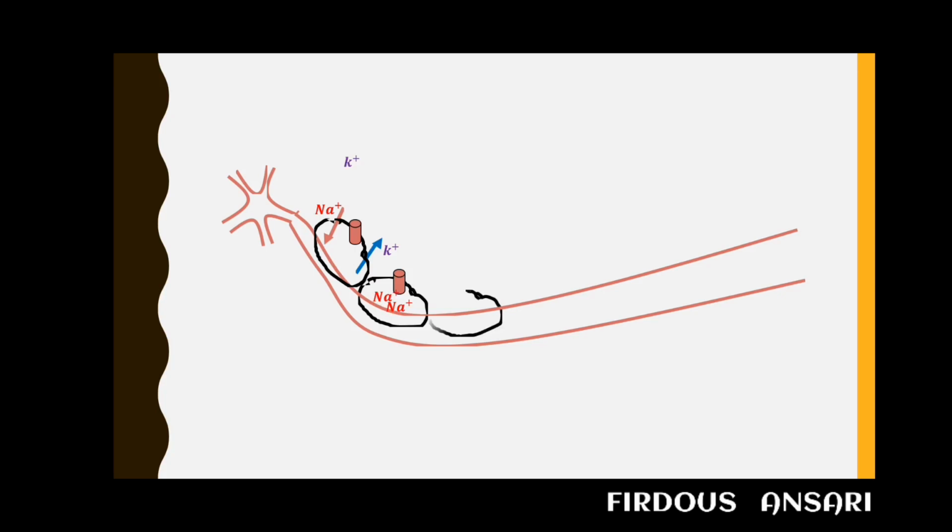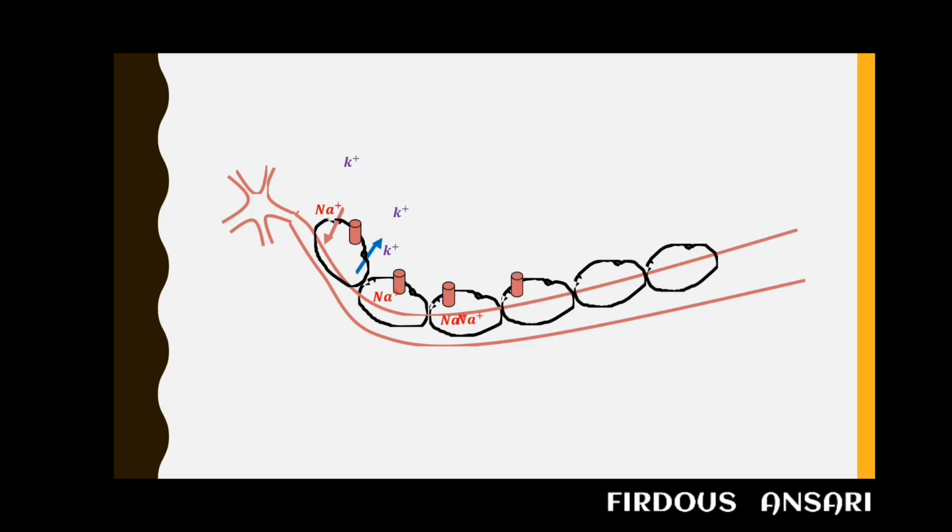Similarly, for a third patch of the neuron, from the second patch, the sodium ion will be moving to the third patch, and when it approaches it, the third patch, which was previously under resting membrane potential, has attained threshold potential. Once threshold potential has been attained, it will cause opening of the threshold sensitive voltage gated sodium channel, because of which there will be influx of the sodium ion. When sodium ion was moving inside, meaning depolarization was taking place in this third part of the neuron, in the previous part there will be outflux of the potassium ion. That means repolarization was taking place. Similarly it happens to the other patches of the neuron as well.